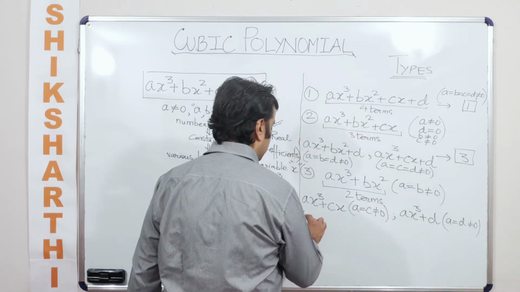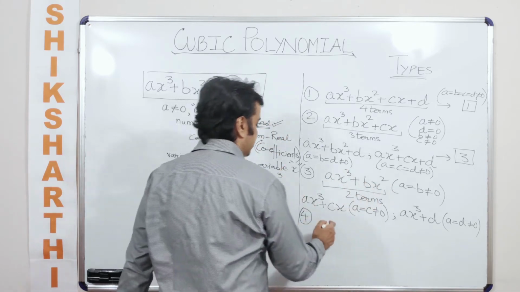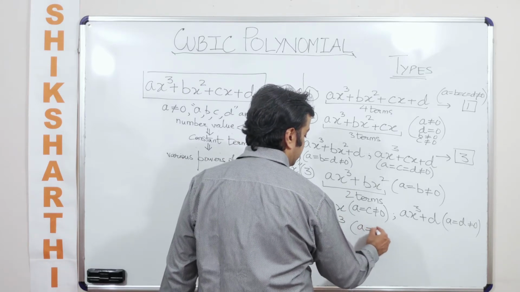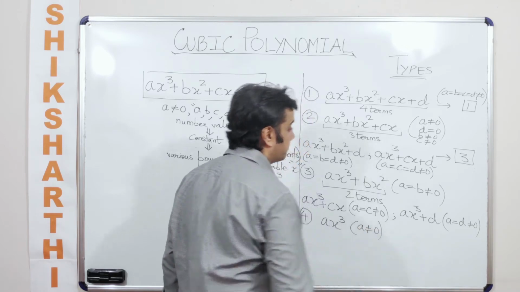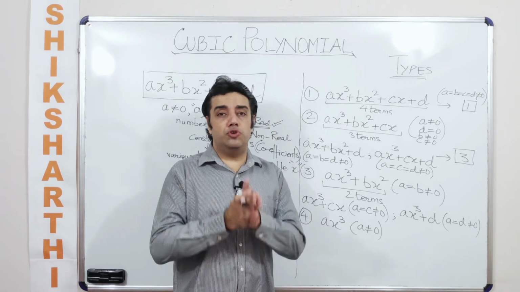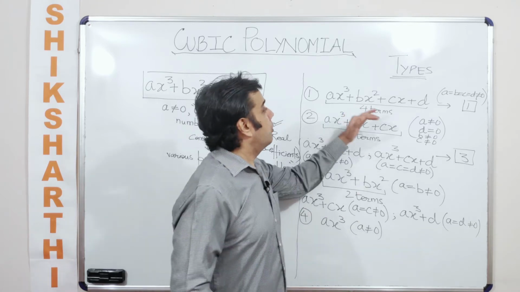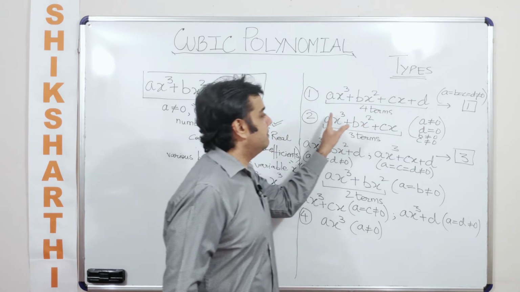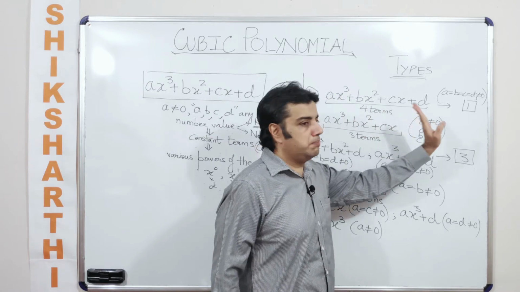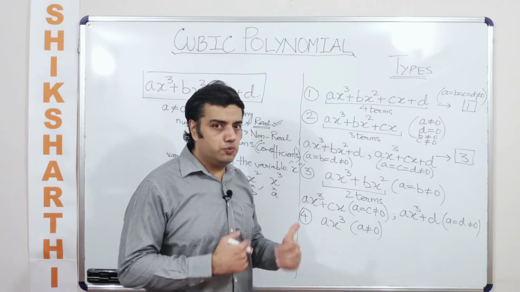Let us talk about the fourth case that we can write here. So what is the fourth case that you can write here is, now when you keep on eliminating all these, that means the fourth case you are left with is ax cube. The only condition that you need to specify here is a should not be equal to 0. Now these are various formats or various types of cubic polynomials in a single variable x, which are formed out of the main cubic polynomial, which is an ideal cubic polynomial of the sort ax cube plus bx square plus cx plus d.